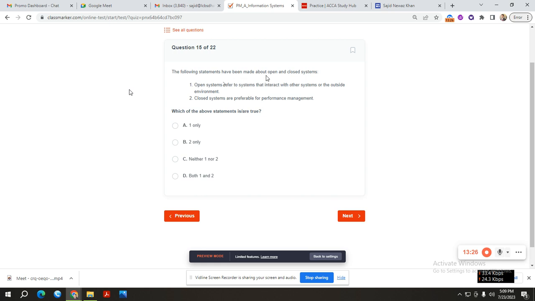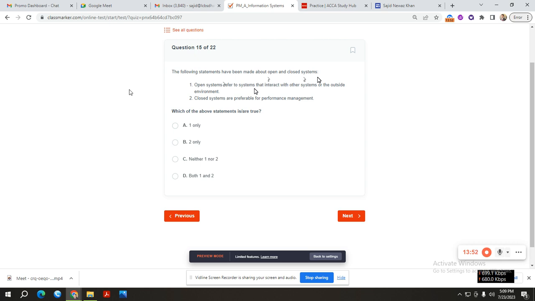The following statements have been made about open and closed system. আচ্ছা, ওপেন অ্যান্ড ক্লোজ সিস্টেমটা কি? ক্লোজ সিস্টেম ইজ আ সিস্টেম যেটা বাইরের এনভায়রনমেন্টের সাথে খুব একটা থাকে না। ওপেন সিস্টেম ইজ সামথিং দ্যাট ক্যান বি অ্যাক্সেসড বাই এনিবডি ফ্রম এনিওয়্যার, বাইরের থেকে তথ্য নিতে পারে, মিনস এই সিস্টেম বাইরের এনভায়রনমেন্টের সাথে কতটুকু কাজ করছে, দ্যাটস অ্যান ওপেন সিস্টেম। যদি বাইরের এনভায়রনমেন্টের সাথে কাজ করে না সেক্ষেত্রে উই কল ইট আ ক্লোজ সিস্টেম।